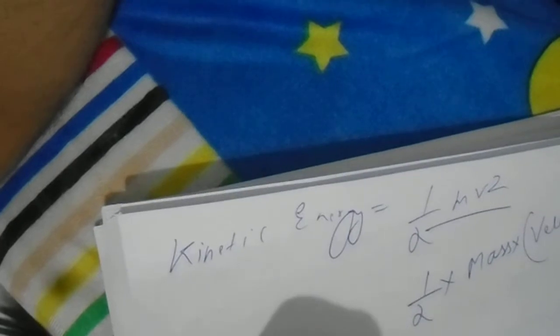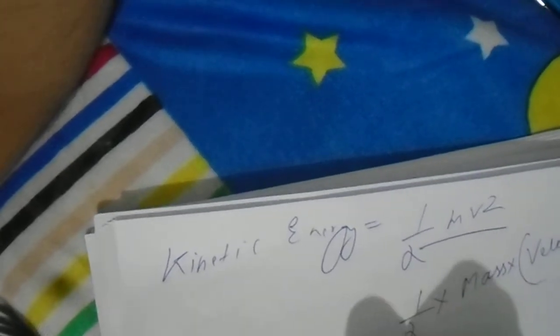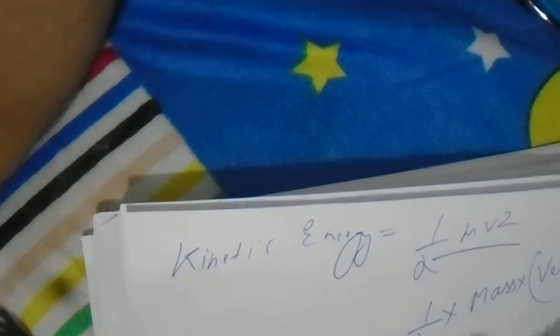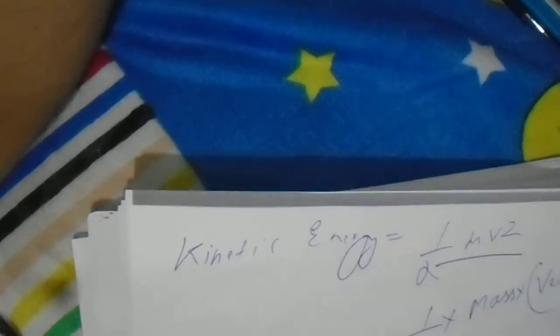Then potential energy. Potential energy is given by m multiply g multiply h. Mass multiply acceleration due to gravity